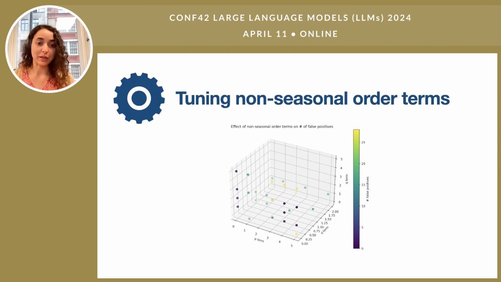There are 3 terms that you can fine tune. There's the term P, which is the order of the autoregressive part of it. It's a value that can vary between 0 and 5. The second term that you can tune is the term D, which is the degree of differencing. That's also a value between 0 and 2. And finally, the last term that you can tune is Q, and that is the order of the moving average part of the equation.